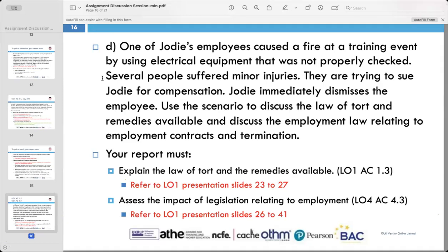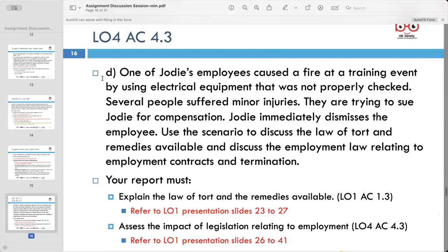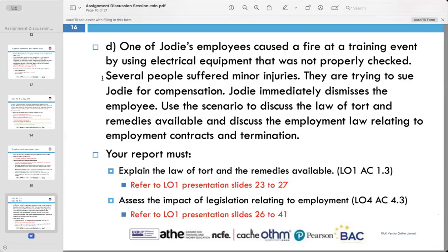Was the employee certified to be able to carry out the checks? So if she has put all of these structures in place and the employee failed to follow these processes, then Jody has met her requirements as an employer and at a professional responsible level. So these are the arguments. Yes, Hanesh, you're right, but Jody has to provide everything.